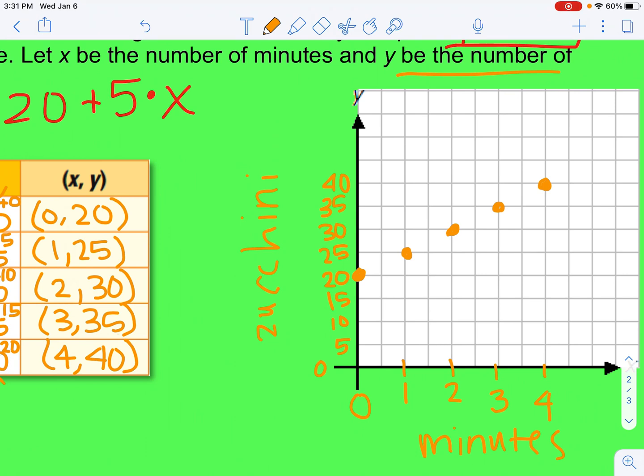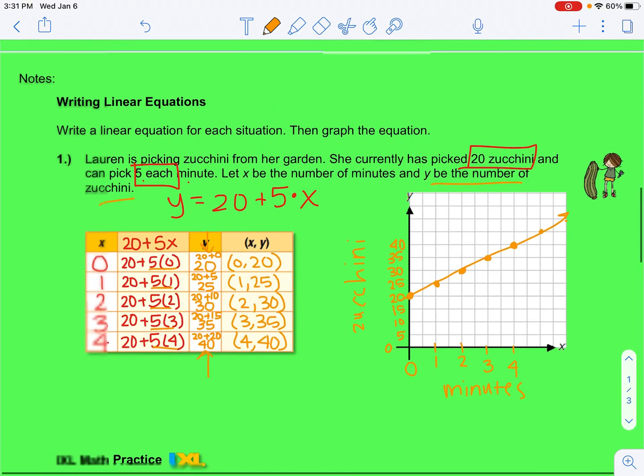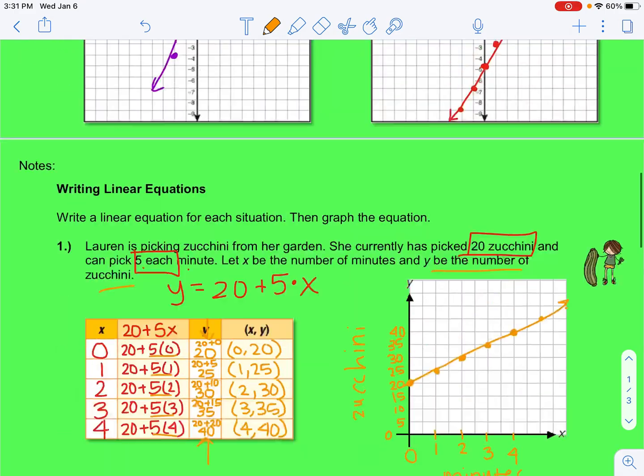If I wanted, I could just keep this pattern going without even knowing what the other numbers are. So let's go ahead and draw our line the best we can. And we are all finished. Alright, so that was our lesson on